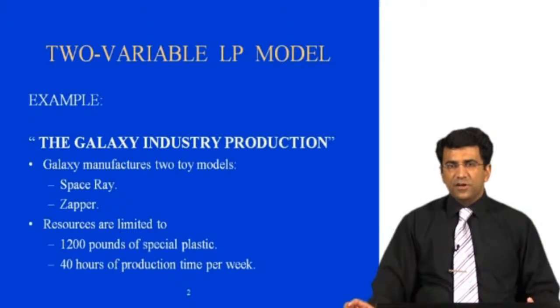That is, the minute is the unit given in the constraints. But in this particular example, the total capacity is given in the form of hours, that is the 40 hours. So we'll have to convert these hours into minutes to have homogeneous units in the constraints as well as in the maximum